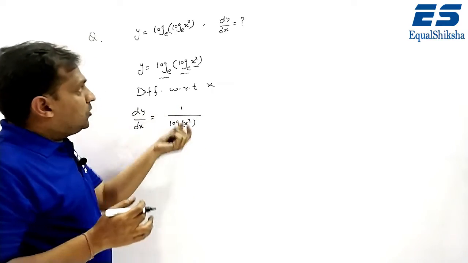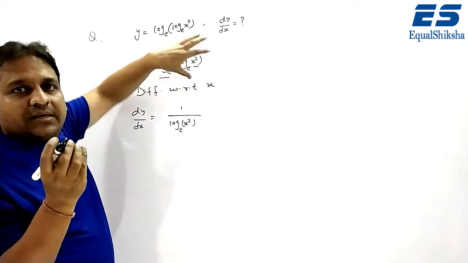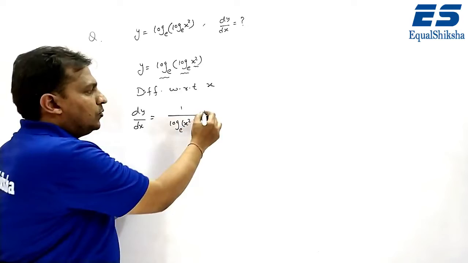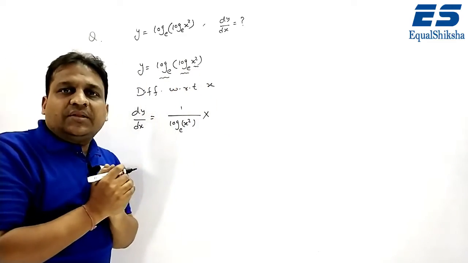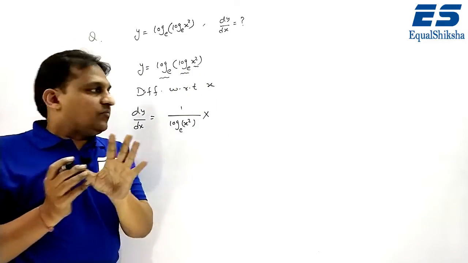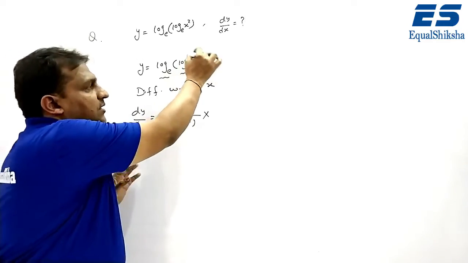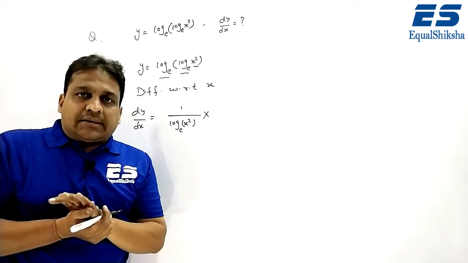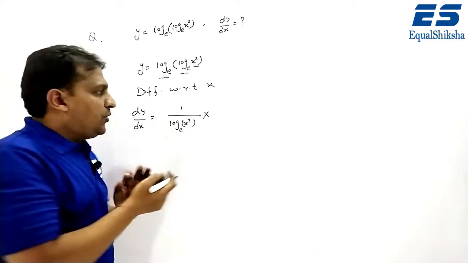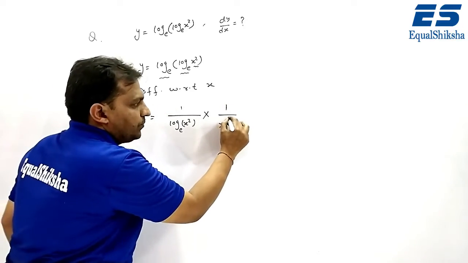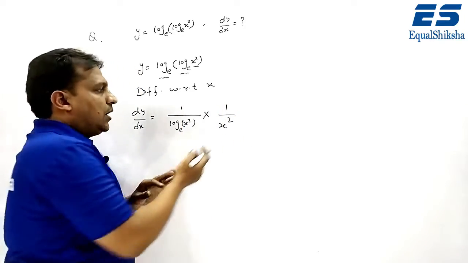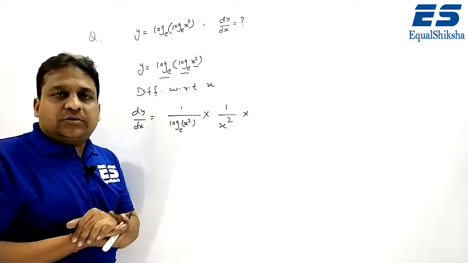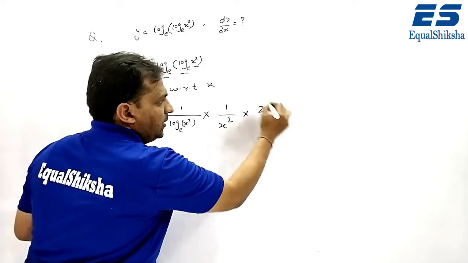Son, why did this come here? Because this log of x square is considered as x. So the differentiation of this log is 1 upon x square. Now we have to differentiate this second function, and the second function is log. The second function is log and the third function is x square, and this third function x square will be considered as x, and the differentiation of log will be 1 upon x. So here there will be 1 upon x square. Now we will differentiate this third function, and the third function is x square, and for x square there will be 2x.